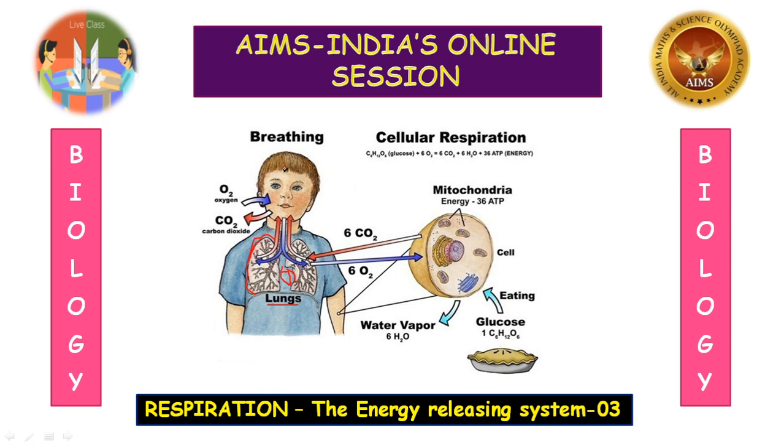If you just recall what happens during the process of breathing, inhalation and exhalation take place. During inhalation, air enters inside. During exhalation, the air comes outside. Which gas needs to be removed from our body during exhalation? That is carbon dioxide, isn't it? Where does the extra amount of the gas come from? Because we are continuously breathing, the extra gas which is present inside comes out during expiration.